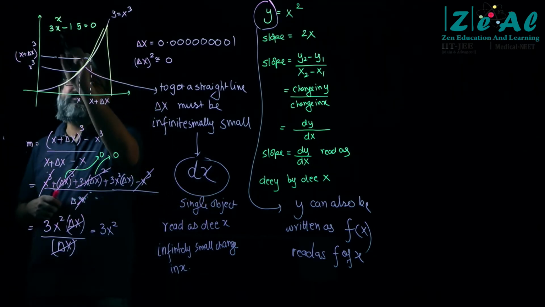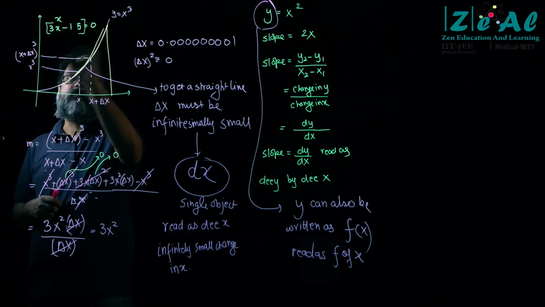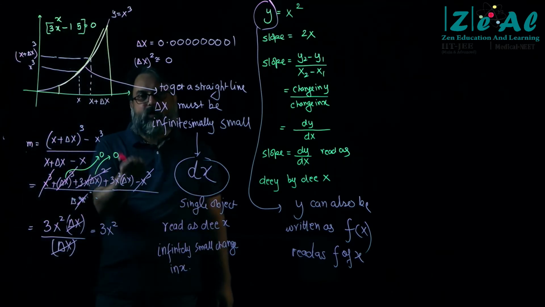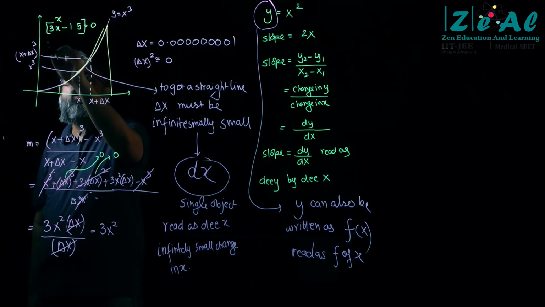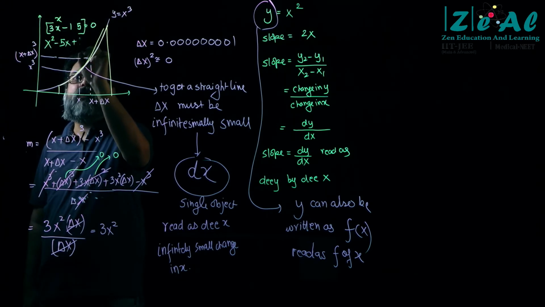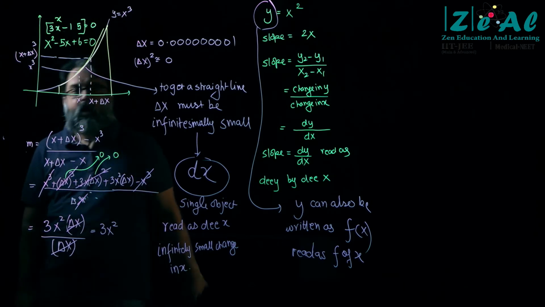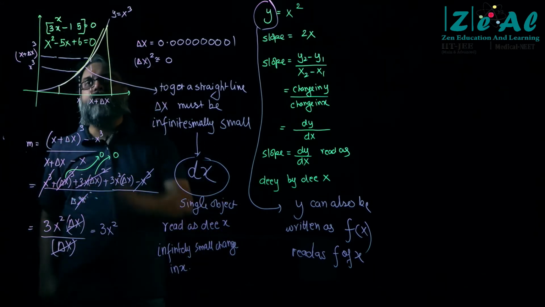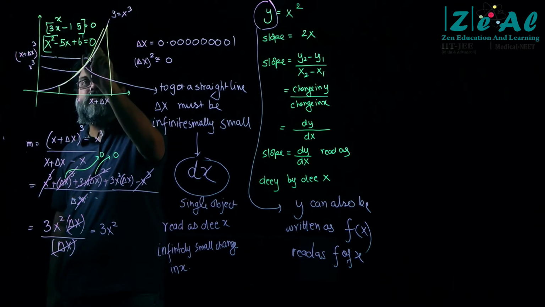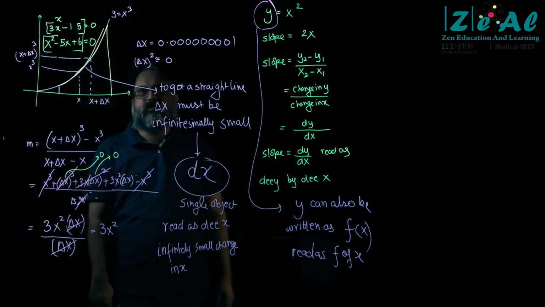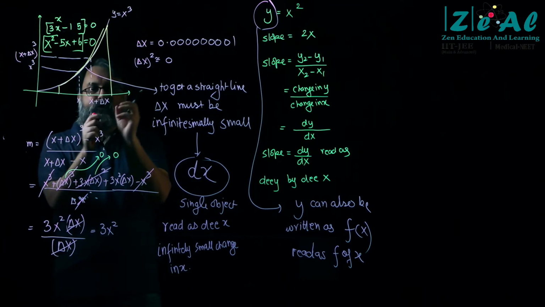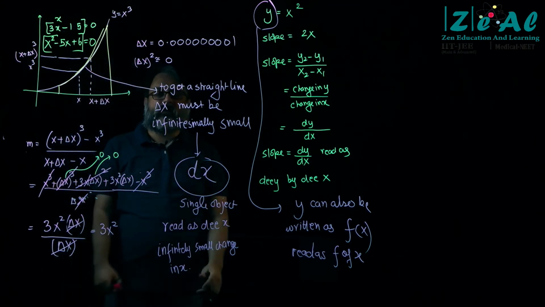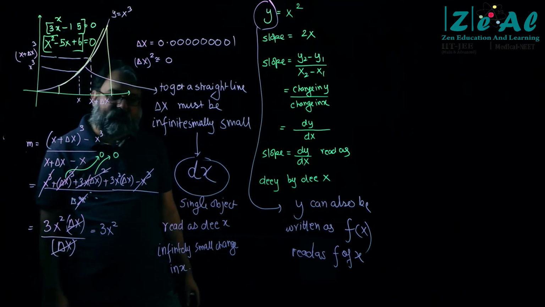I'm interested in this expression of x. And when you were in class 10th, you were introduced to quadratic equations which were of the form something like x square minus 5x plus 6 is equal to 0. Again, I'm not interested in the equation, I'm not interested in the solution, I'm interested in this guy. This is the expression of x. This is an algebraic structure involving the variable x, right?